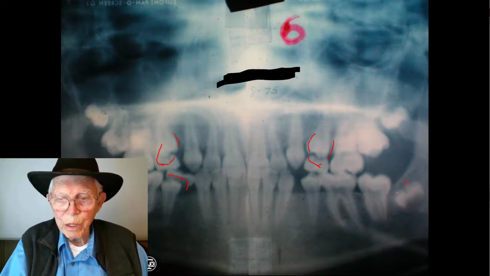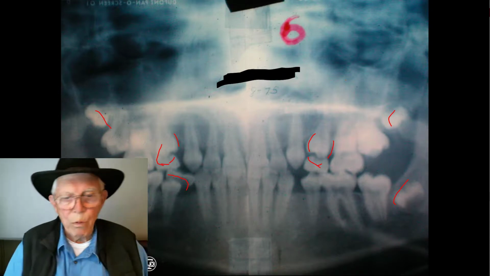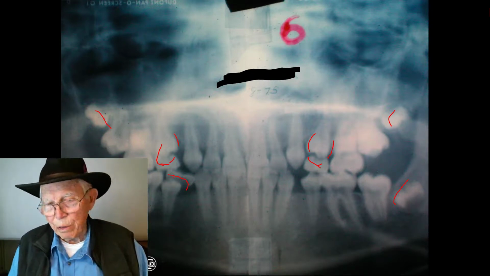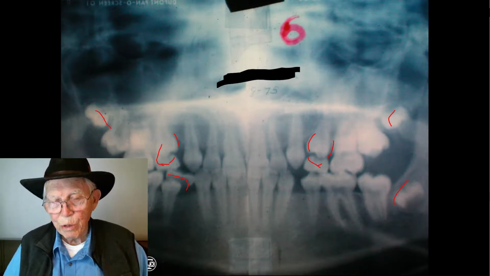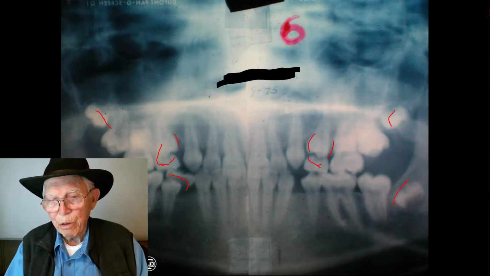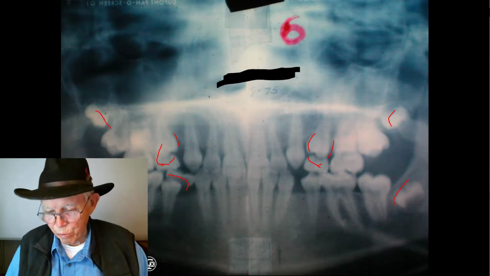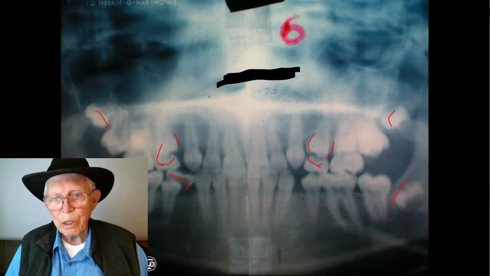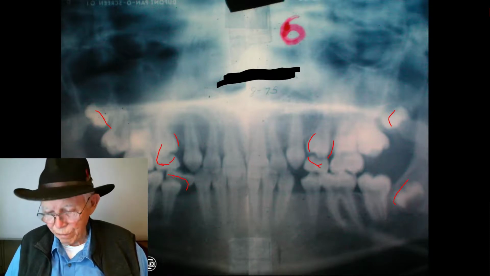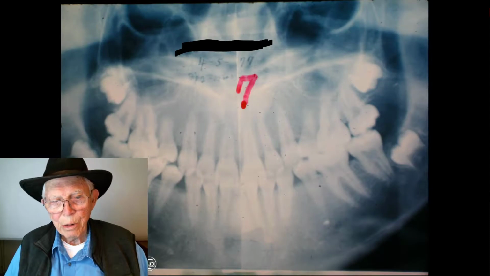Our wisdom teeth are developing back in here, and they'll have a little more room to come in when you get through than they would if you'd have left the teeth there. They were crowded. You kind of expanded them. You'd have had to take out the wisdom teeth. So let's look at number 7. And here number 7 is,